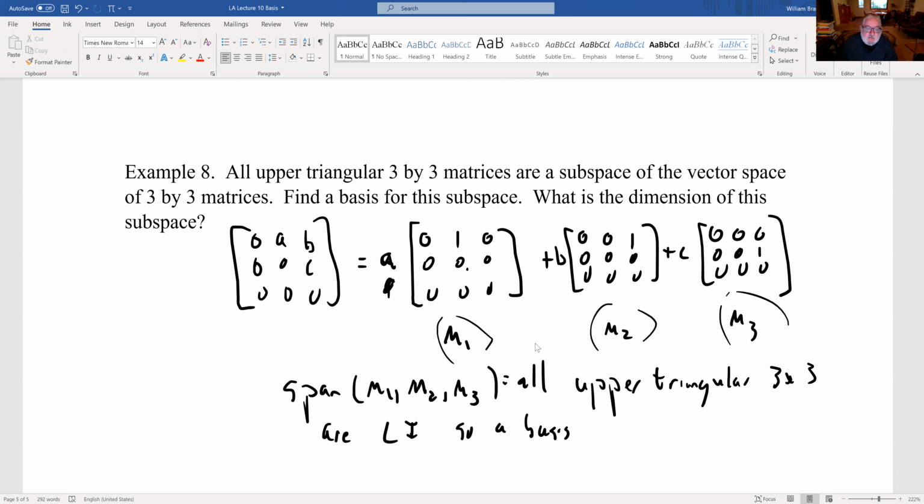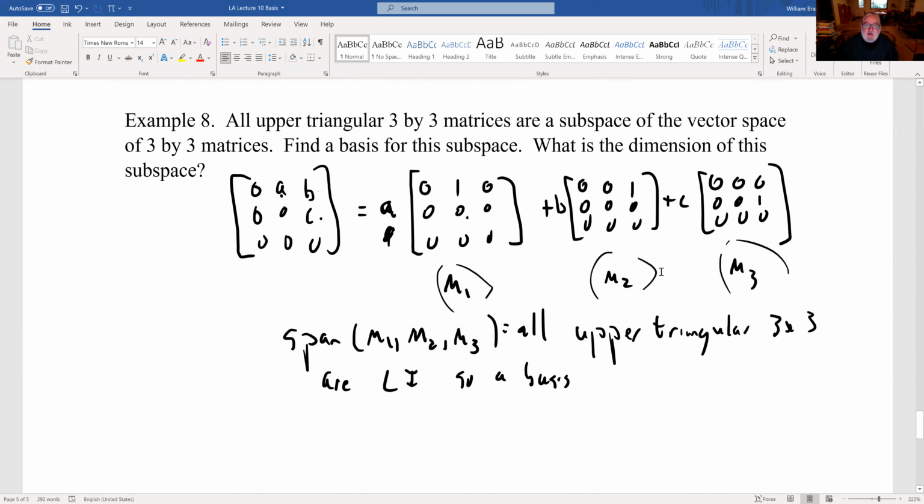So you could, if you wanted, plot this in three-dimensional space, like with an x-axis, a y-axis, and a z-axis, with A, B, C as your three coordinates. And sometimes that's a useful thing to do with matrices, is think of them as points in space. Okay, so